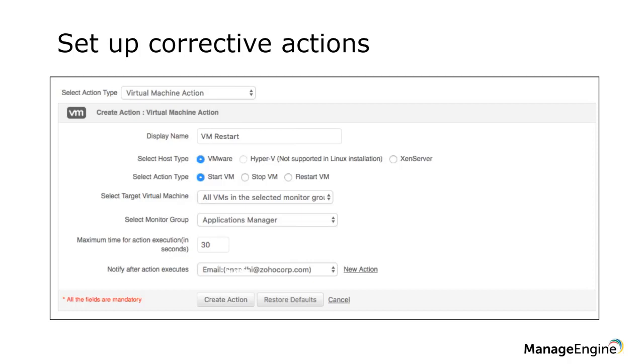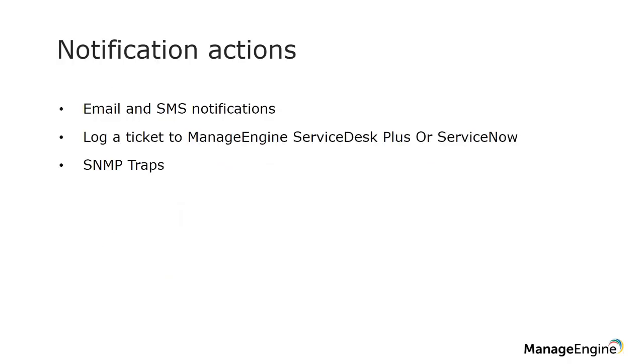Besides having automated corrective actions, there are certain other actions that we like to call notification actions. The idea behind notification actions is that sometimes you would not ideally know the action that you should automate when it comes to certain issues, in which case you would rather stay informed about the issue and then take a meaningful decision instead of automating it. So what you can do is automate a notification action. This could be either email or SMS, or better yet, if you have an integration with Service Desk Plus or